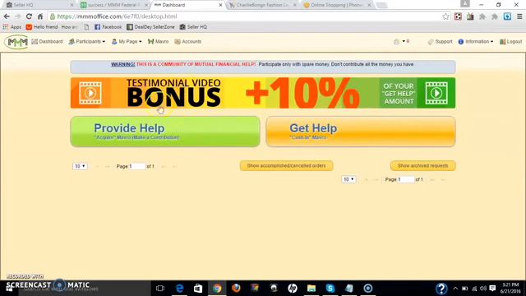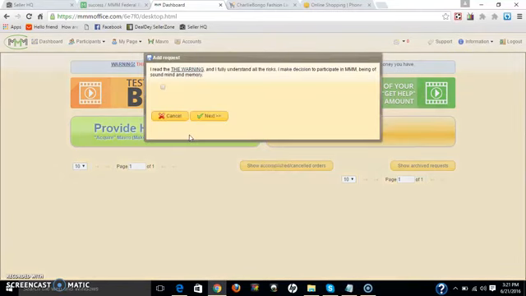So how do you provide help? Once you log in, this is what you will see first, because that is the first icon. So you click on provide help. Now, take for instance, I want to invest 100k, and don't forget I told you that this is where you can earn your sure 1% daily, and at the end of 30 days you have 30%. Is certain. Now, if for instance I want to provide help of 100,000, you click on provide help, you click on this, you check it and go to the next stage.